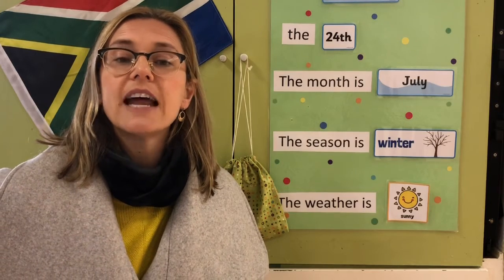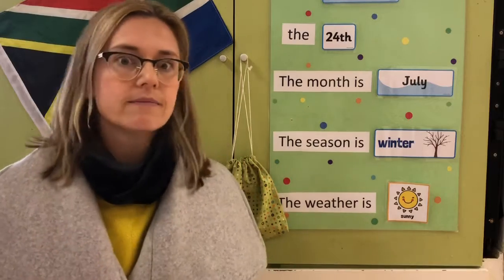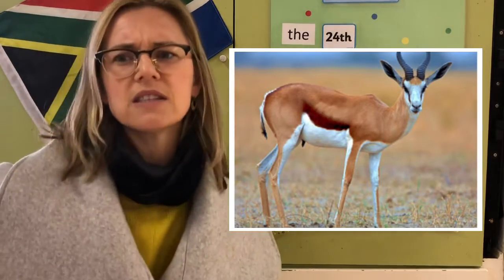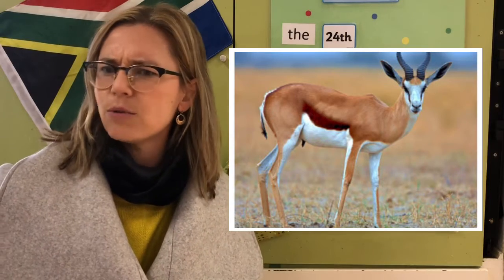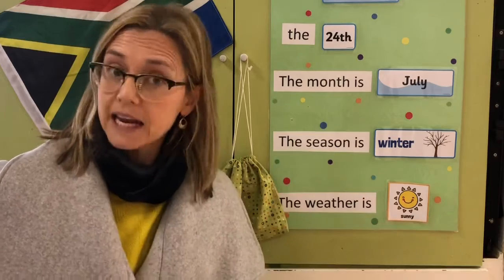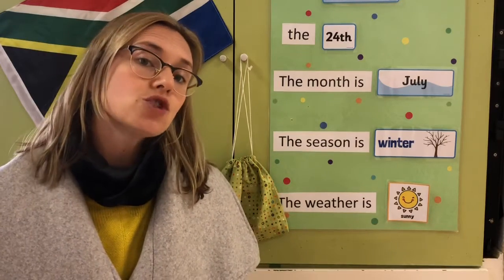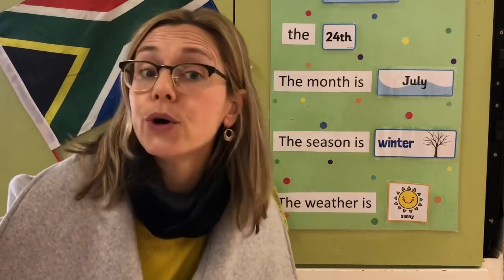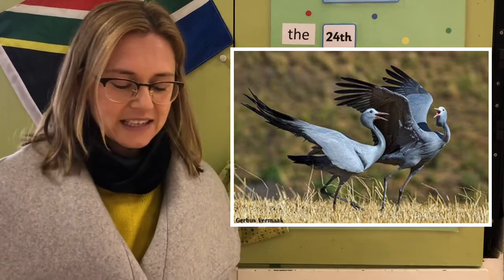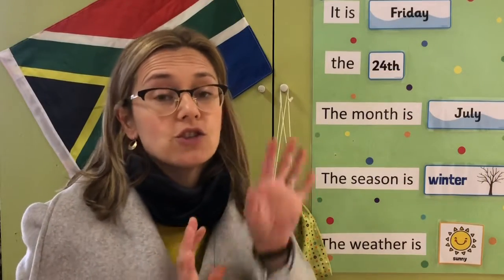And what about our national animal? Stella in our class is one, I think so. I'm sure, no, Stella's a leopard. Who's the springbok in our class? Now I've gone blank. That's the national animal, a springbok. And the last one is our national bird. A blue crane bird, that's right. Well done, guys. Now for the rest of our morning ring, I don't have pictures to show you to go